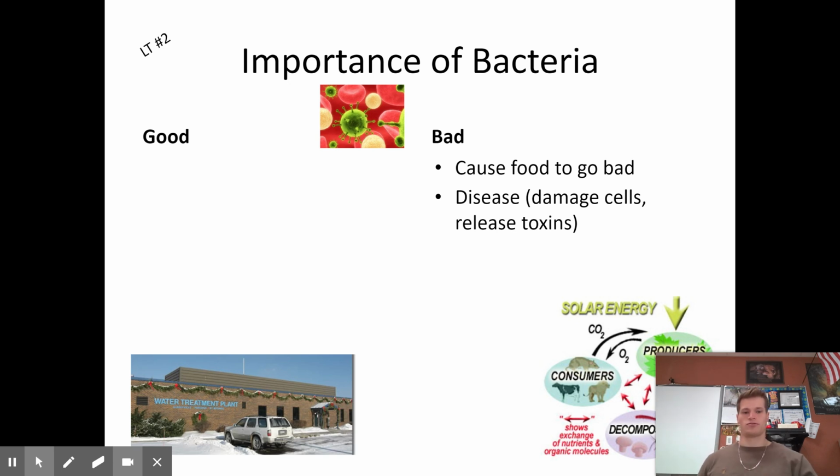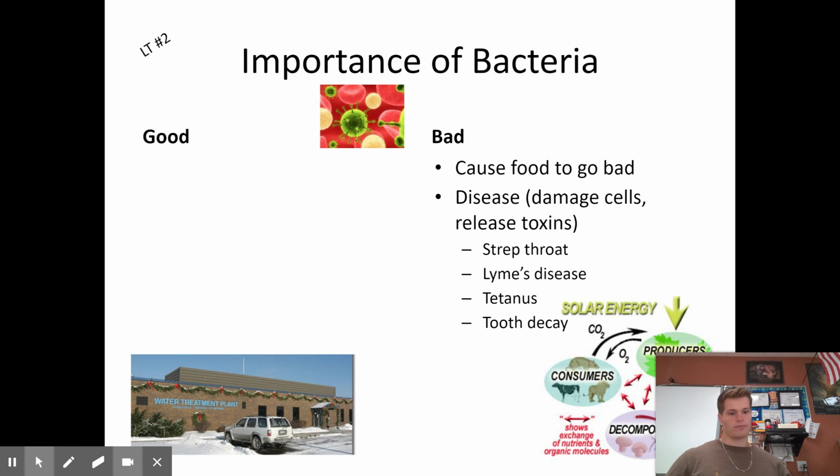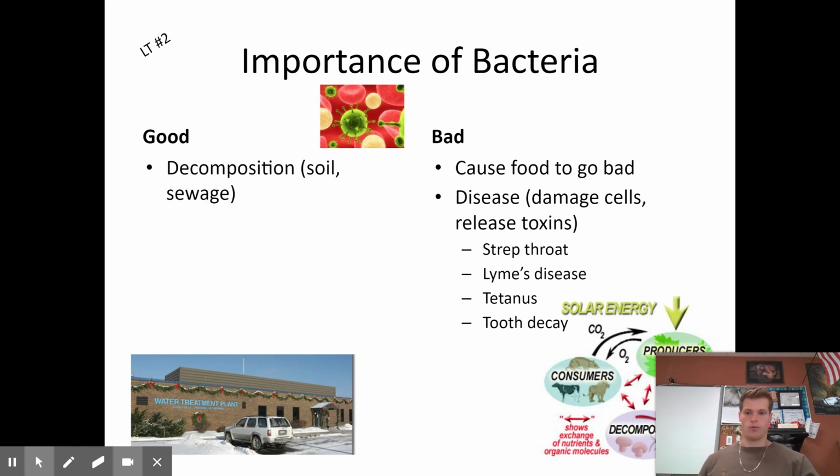If you think of strep throat, if you've heard of a staph infection, those are all diseases caused by bacteria. Also, strep throat, Lyme disease, and tetanus are all caused by bacteria, and they also cause tooth decay. That's one of the reasons why we brush our teeth, to get rid of that bacteria that will eat our teeth away. So that's a lot of bad stuff, but we also need bacteria